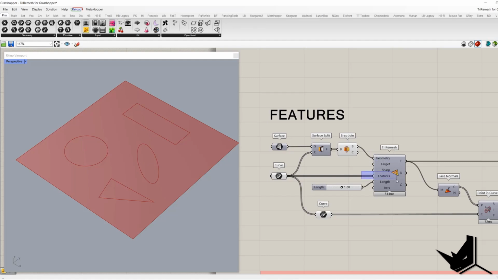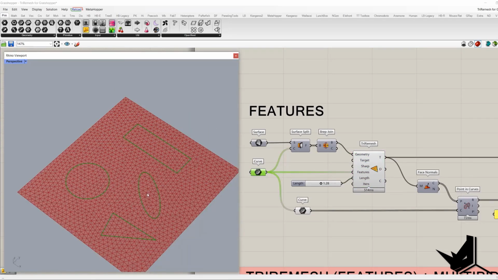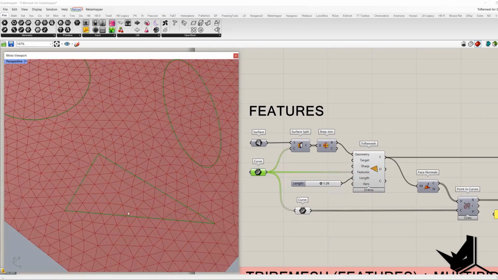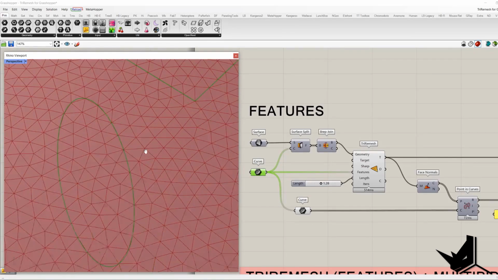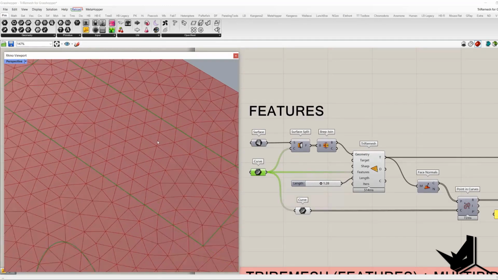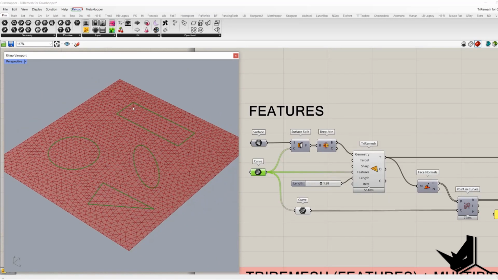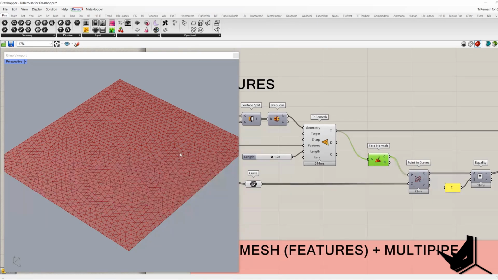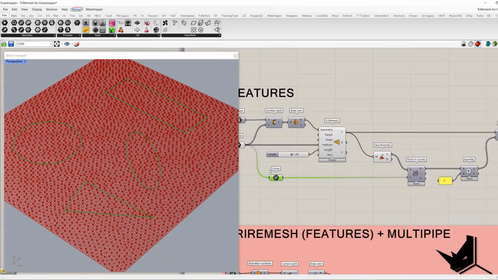And in the features, we'll set these 4 curves. If I turn on the output, we get the mesh. But if I zoom in here, this triangulation of the mesh follows all of these 4 shapes that we placed in the features input. And for example, if we want to take out this part inside, we can find the center of each triangle